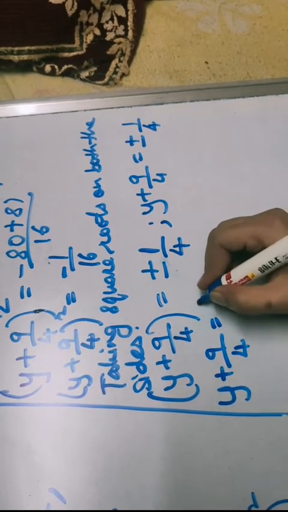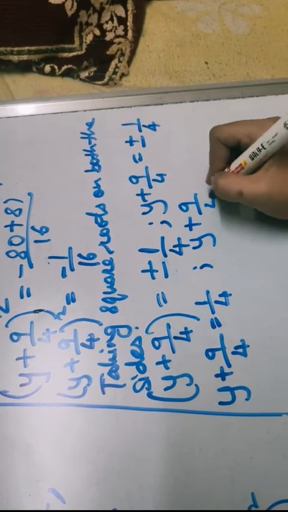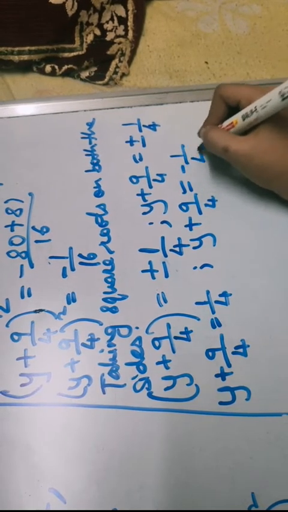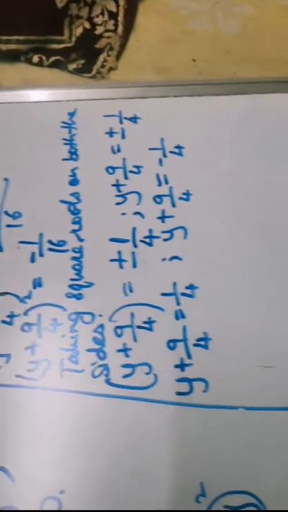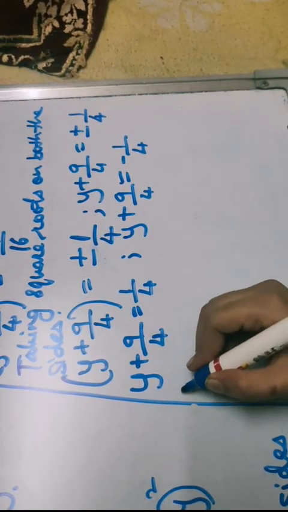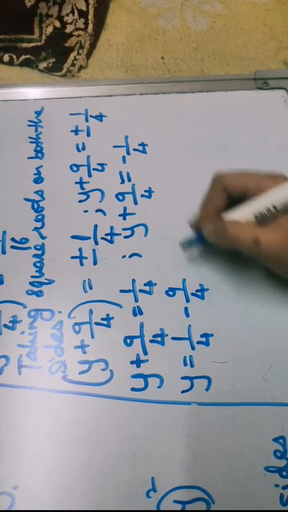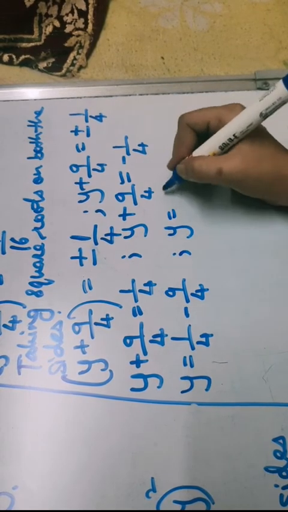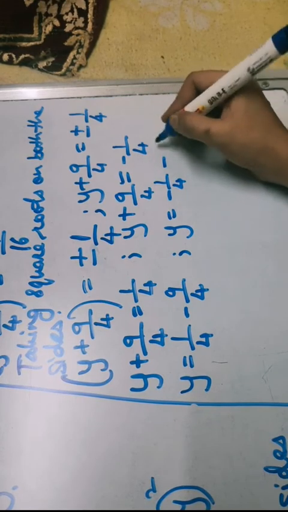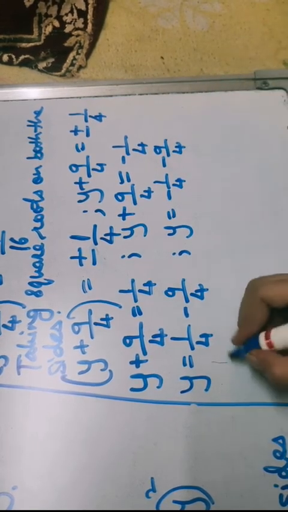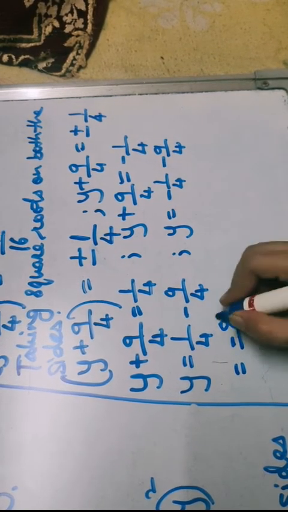एक तो हम एक बार प्लस साइन का लेंगे और दूसरा एक बार माइनस साइन का लेंगे, right? So let's find. तो ये हो जाएगा, when we shift this becomes minus 9 upon 4, और ये हो जाएगा माइनस, तो माइनस 9 प्लस 1 हो जाएगा माइनस 8 अपॉन 4, मतलब ही 4 1 एंड 4 2